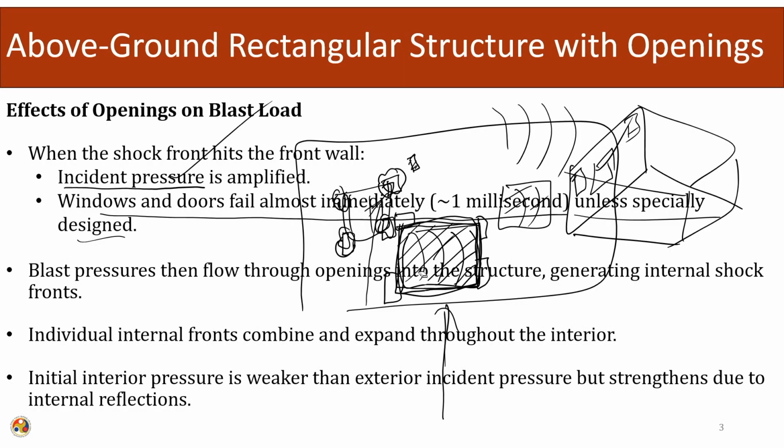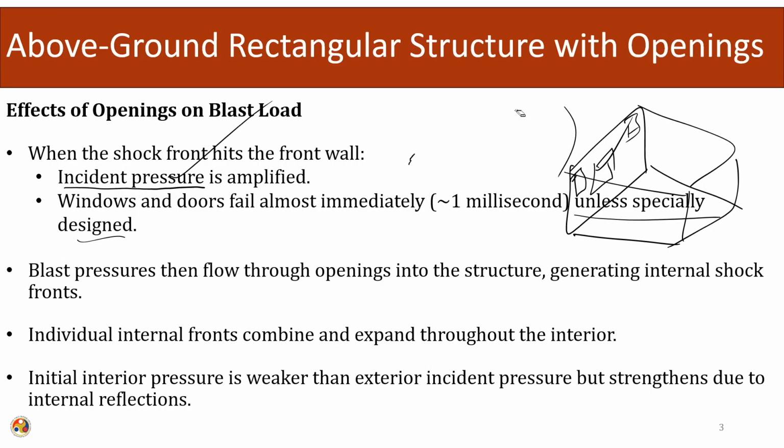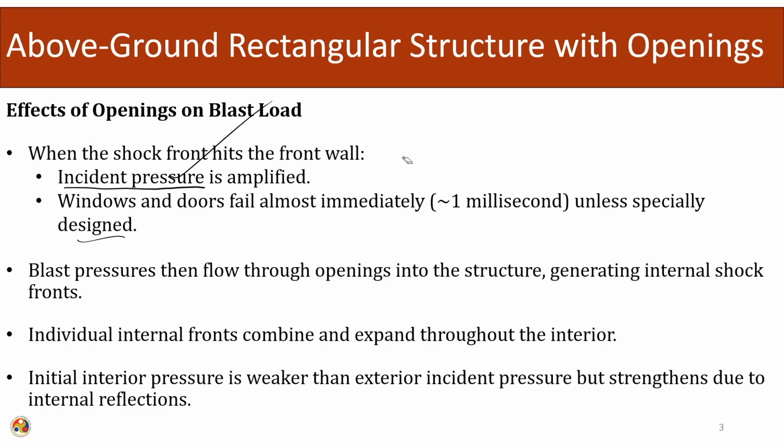So, most of the time what is seen is that though the structure is designed, the front face is designed, the doors, windows, everything are designed, most of the time the failure occurs due to the excessive distortion of the joints. The joints will excessively distort, like if it is designed like this, it will distort excessively like this. And at the end of the day, the frontal doors or the windows are not going